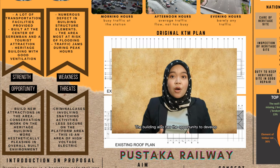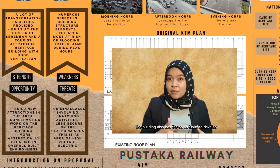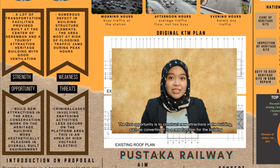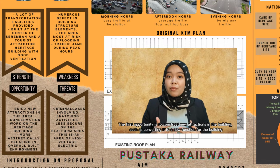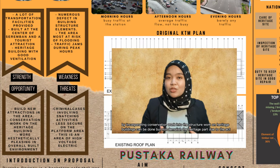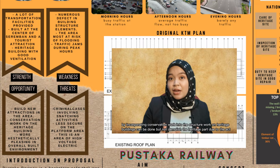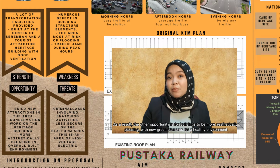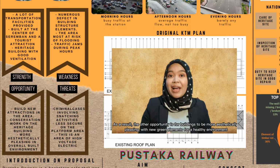The building also has opportunities to develop. The first opportunity is to construct a new attraction in the building, such as converting it into a new function by incorporating conservation work into the structure work. Heritage building work can be done but we cannot demolish the heritage part due to the Act. As a result, another opportunity is for the building to be more aesthetically pleasing with a new green element for a healthy